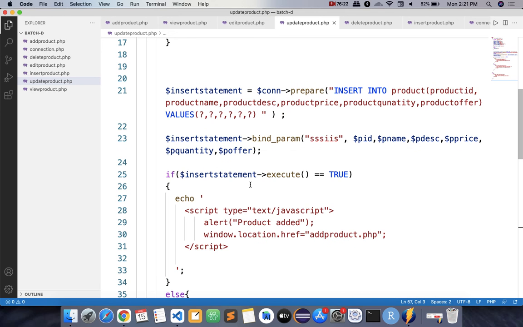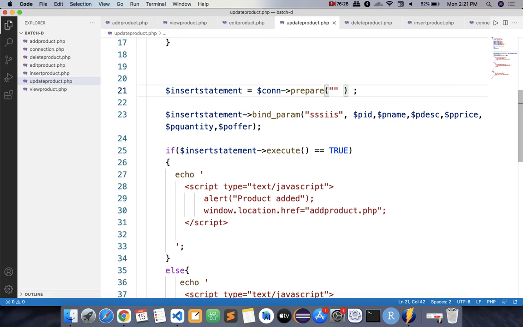Okay, and instead of this insert query, you have to write an update query. So what will be your query? Update. Tell me the update query, I don't remember. Update table, table name. Update product.